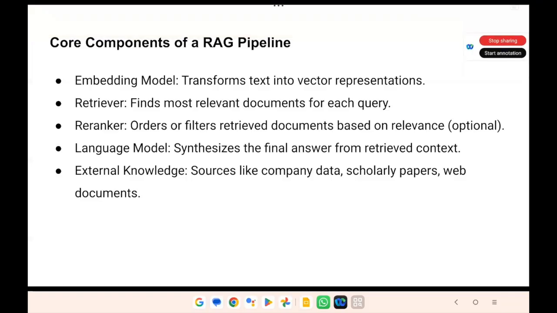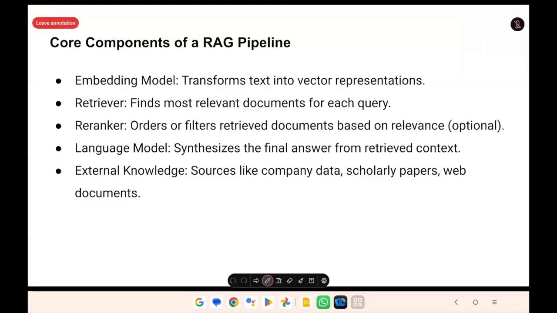Now, the core components here: you have an embedding model. This embedding model is the one which converts the text into vectors, which determines the accuracy. And you have a retriever. If your retriever sucks in finding the most relevant documents, then again your RAG will fail. So you have a retriever, you have a re-ranker.